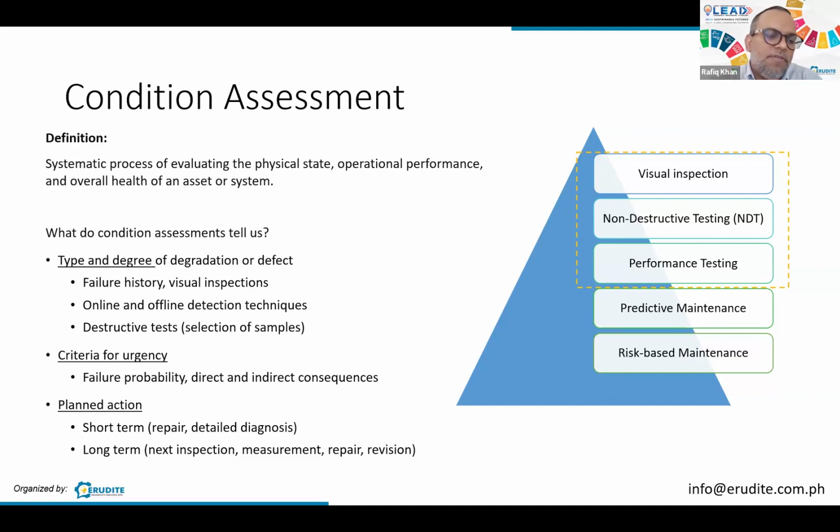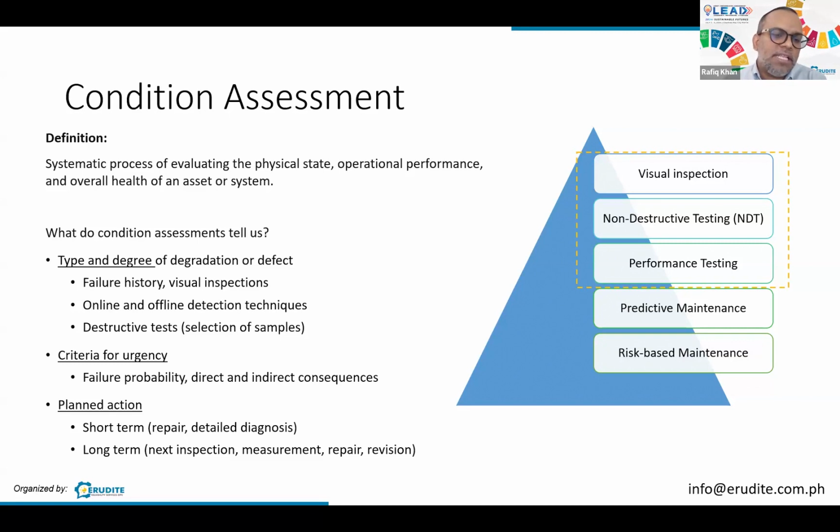Criteria for urgency. If you have 100 switchgears in your asset, you can look at the failure probability, the causes, and the consequence. Whether it's going to directly affect your operation, or indirectly, is it going to be a performance issue and not just a breakdown? Those are things that you can use to prioritize. So if an asset has a very high urgency, we want to replace or repair it quickly. These are things that give us the power to decide.